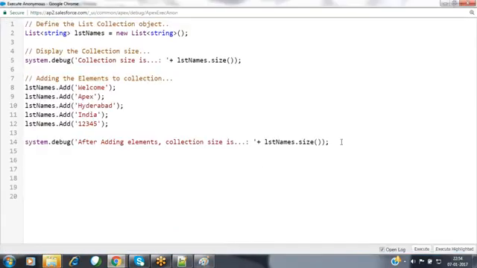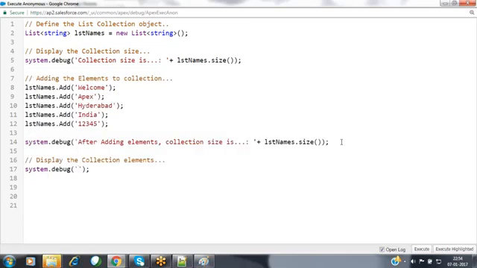Now once the collection size has been displayed, I want to display the collection elements here. How can we show the collection elements? For that, we have two ways available.